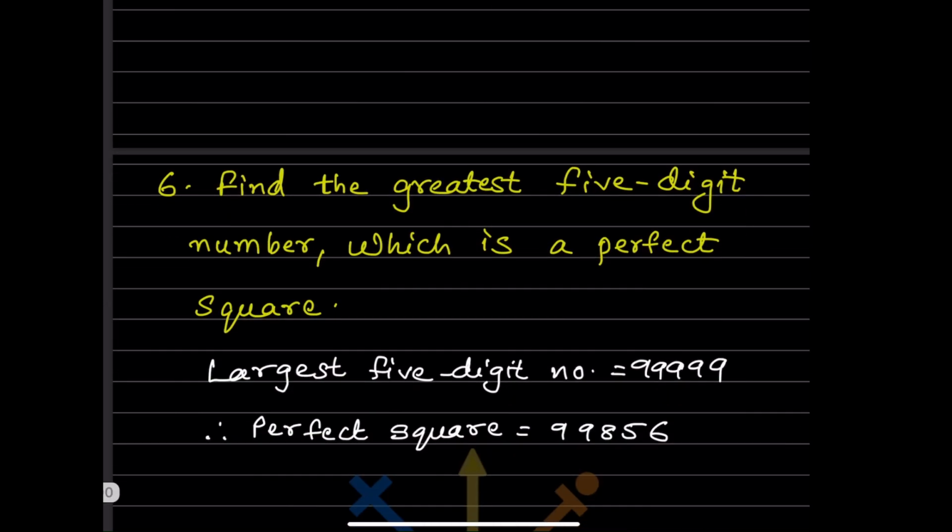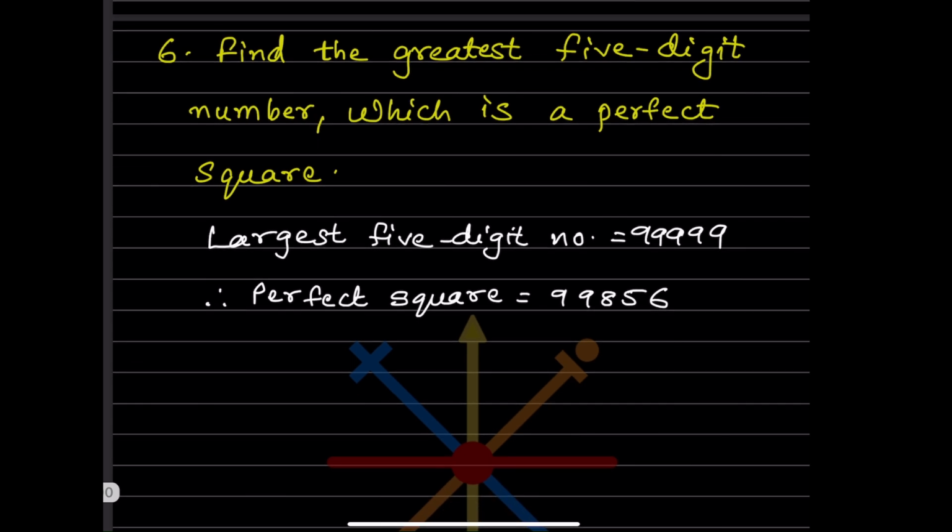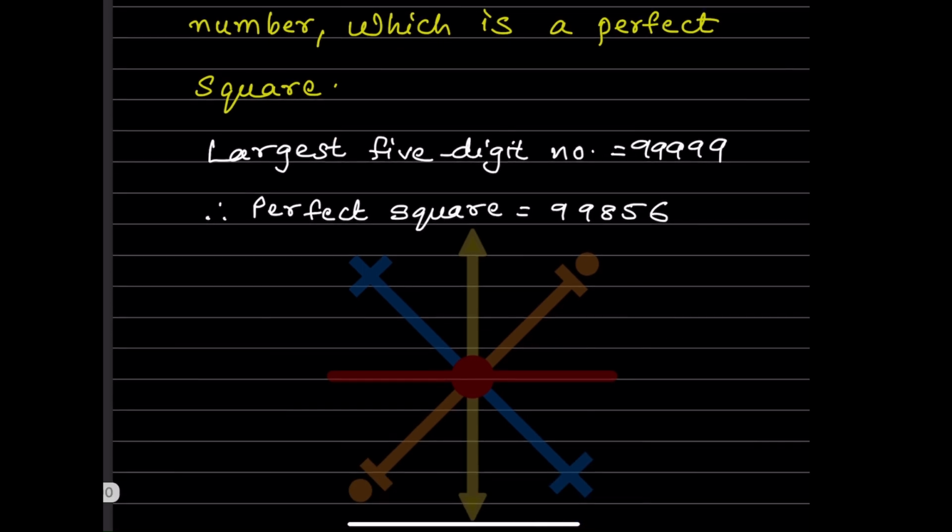Find the greatest 5-digit number which is a perfect square. First thing you should know, the greatest 5-digit number is 99999. After that will be 1 lakh. So now we have to see which is the perfect square. So how to do this one? So now we will do here